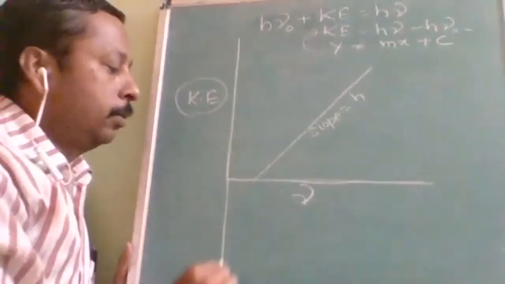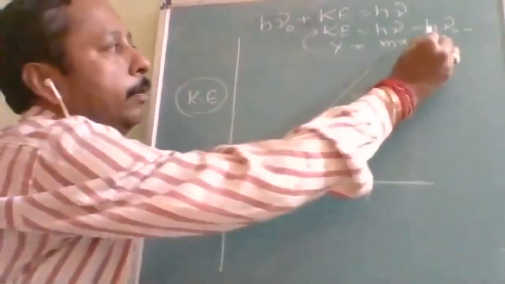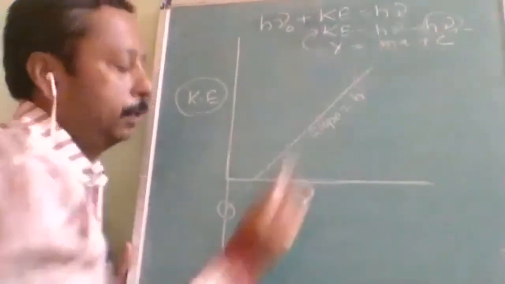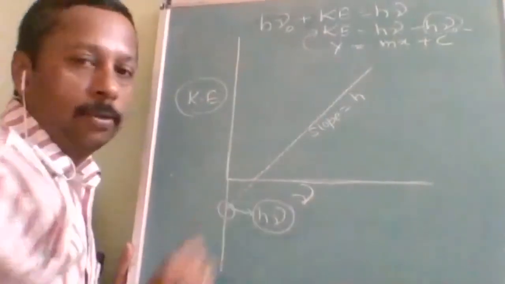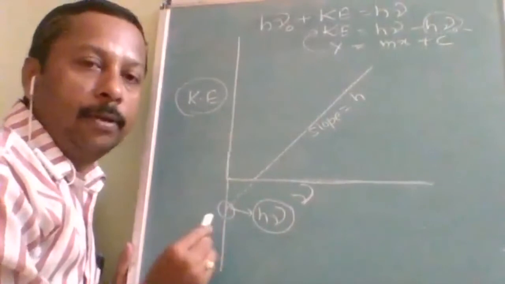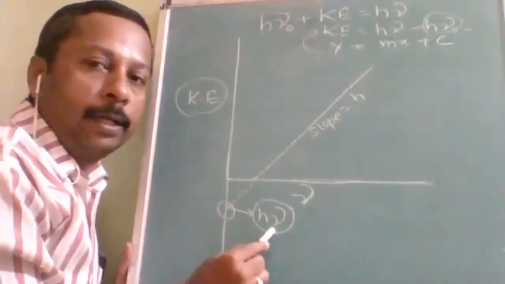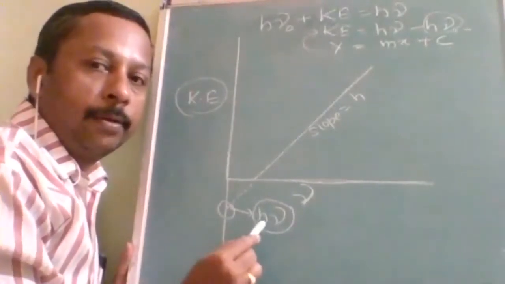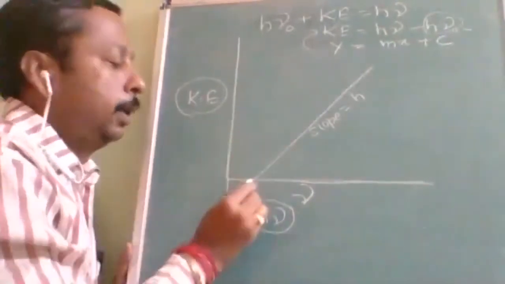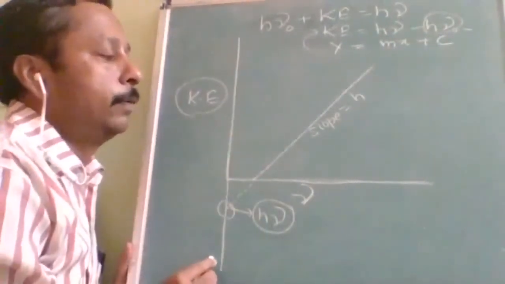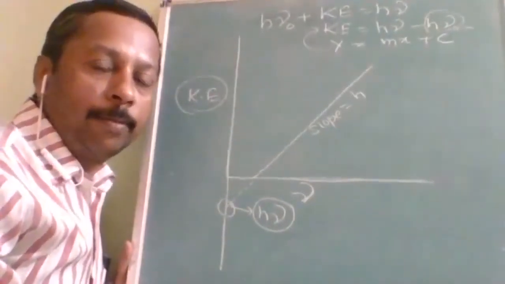Slope is equal to h. Now when you extend it, it is going to intersect on the negative part. See, the negative part. And what is the intercept here? h nu naught. So likewise, they may give you in the numerical side that the intercept is this much. With that, you can find out nu naught. Is it understood? And with this, h nu is the incident frequency. Likewise, sometimes a typical graph may be given. You should be prepared for all that.